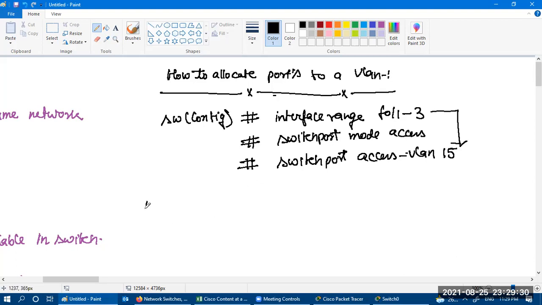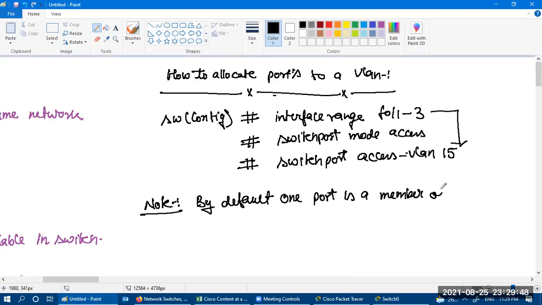Okay. One more thing which is very important to remember. By default, one port is a member of one VLAN.